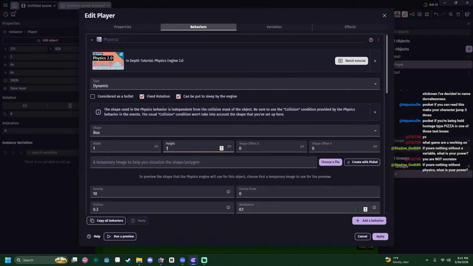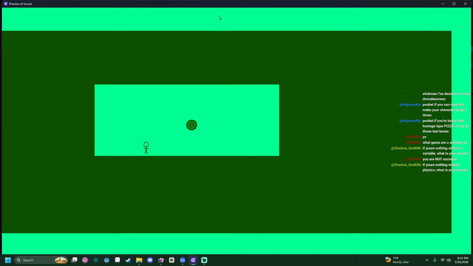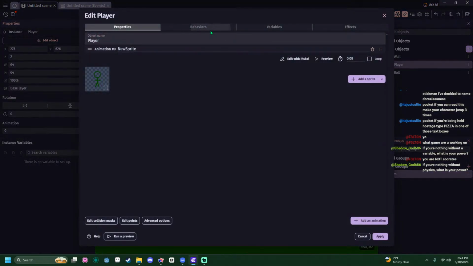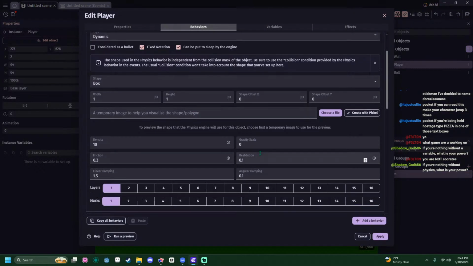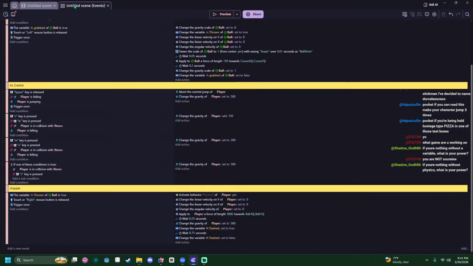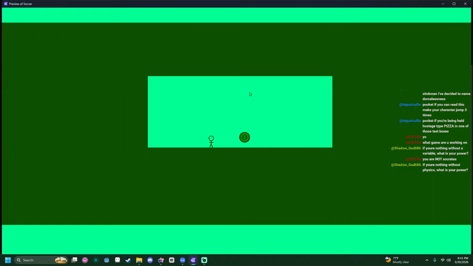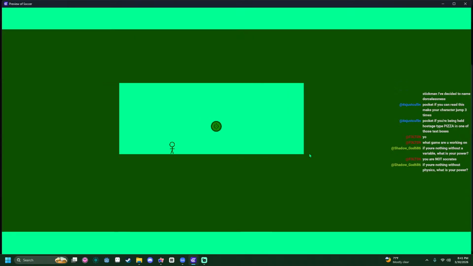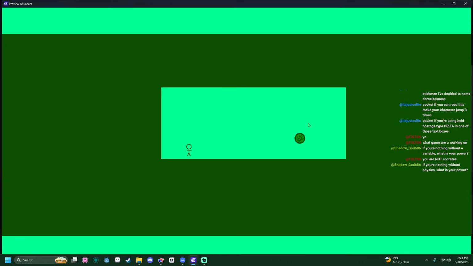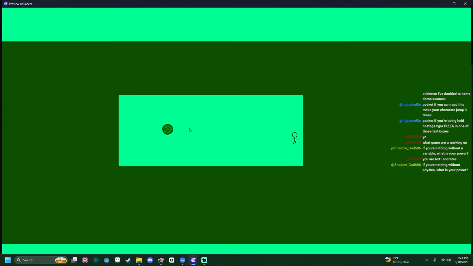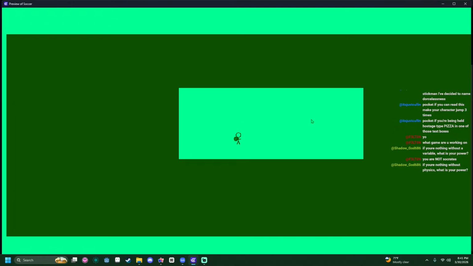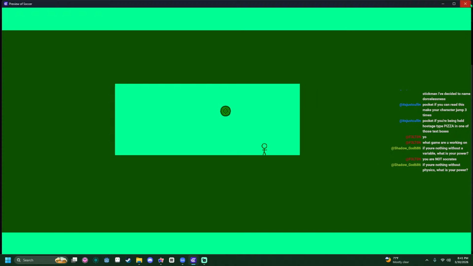Width of 1, height of 1. Make him super miniature. Now we should be able flying, right? Yeah. But his hitbox is like nothing. And then we can just decrease the force to like 100. It's okay. 1. Yeah, now we can just keep active all the time.